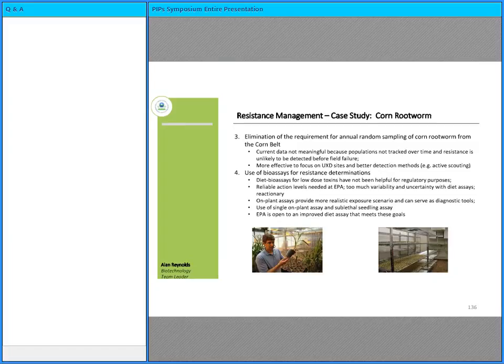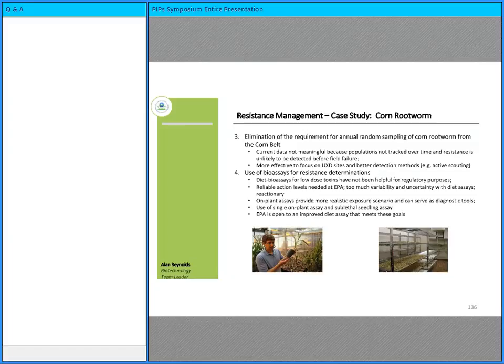Okay, so the fourth aspect was this bioassay confirmation approach. As I've mentioned before, the diet bioassays have been a bit of a struggle for us, at least from a regulatory perspective, because of the difficulty in interpreting the results and creating actionable levels or actionable triggers, in which, if something at a certain level of susceptibility is observed, then something happens. We were never really able to achieve that with the diet bioassays. So instead, what we've advocated is the use of an on-plant approach, which is certainly more of a realistic